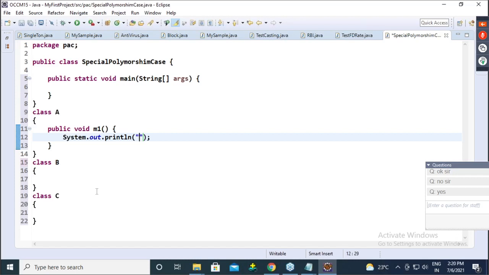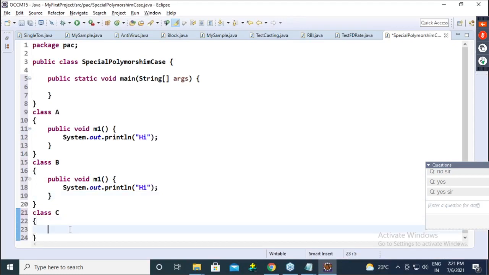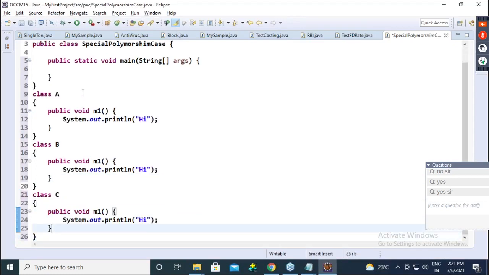If someone says the one word polymorphism, immediately you have to think of upcasting, downcasting, runtime, compile time, overriding, overloading. Everything you have to get in your mind. That much practice and revision you have to do. Are you getting my point? Otherwise it will not happen. I just try to show in a shortcut manner and you people get confused.